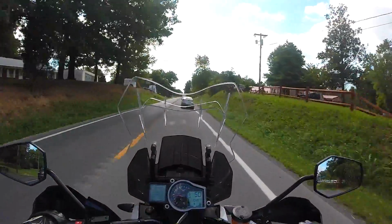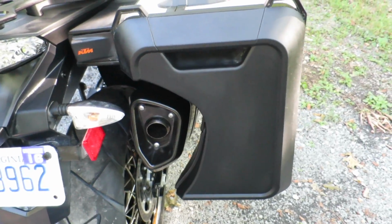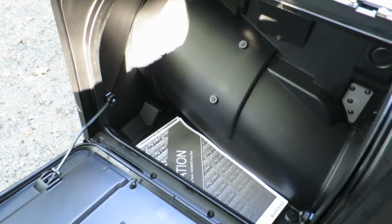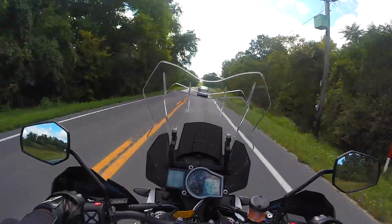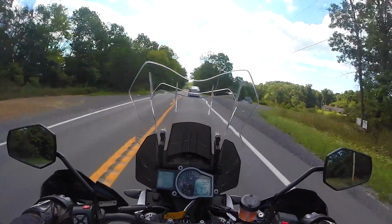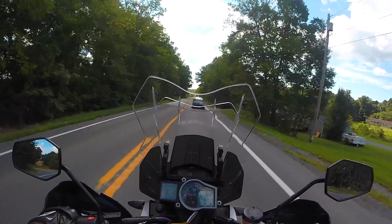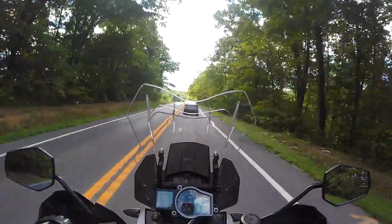Now that we're on this boring stretch of road, I'll go over some of the other stuff this bike comes with. It does come with saddlebags from the factory. It does have a semi-active suspension, much like the Super Duke GT has, though it does have an additional setting on it that the Super Duke GT does not have, which is an off-road setting, which obviously is for off-road